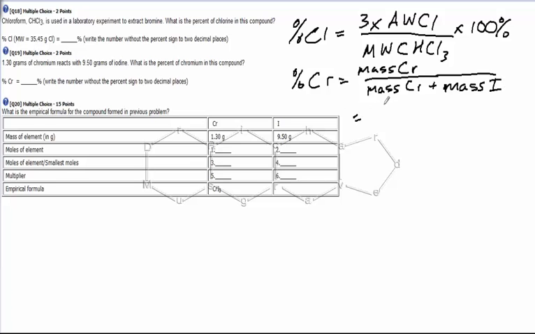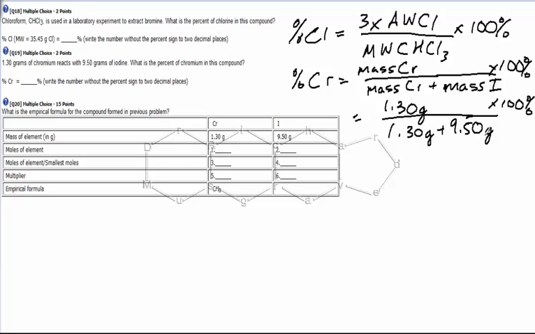And that's going to be 1.30 grams of chromium divided by 1.30 grams plus 9.50 grams. And then we can just multiply by 100%, of course, and that will give us the percentage of